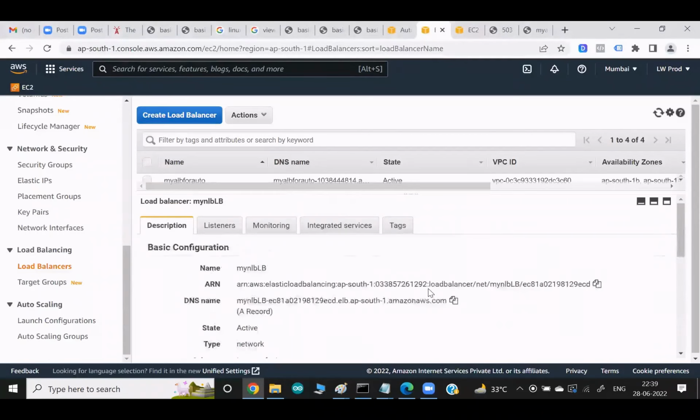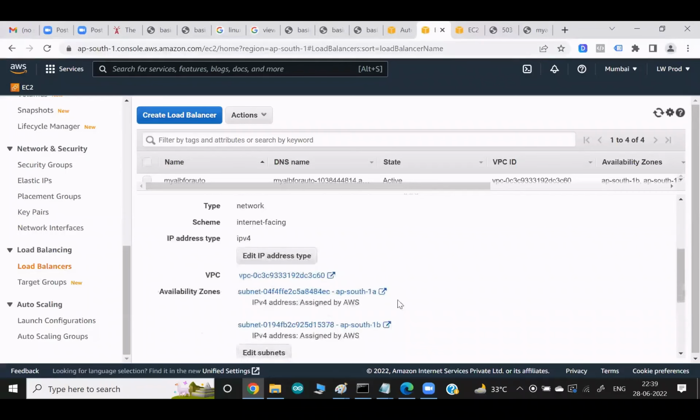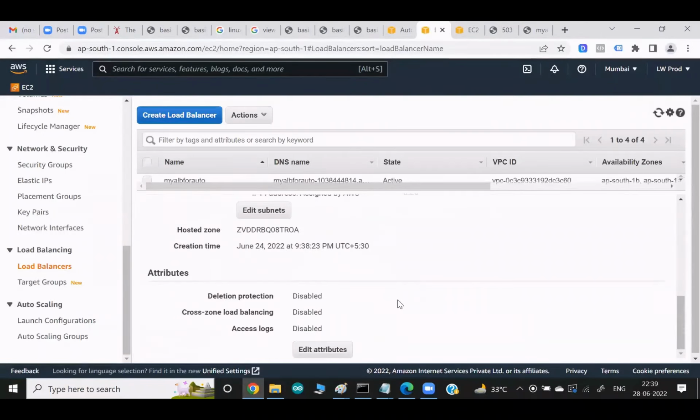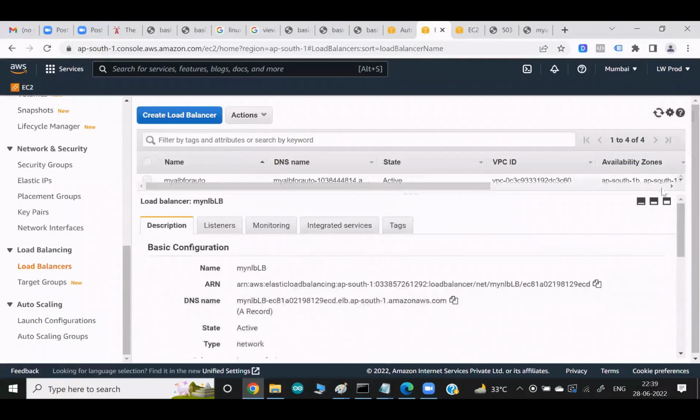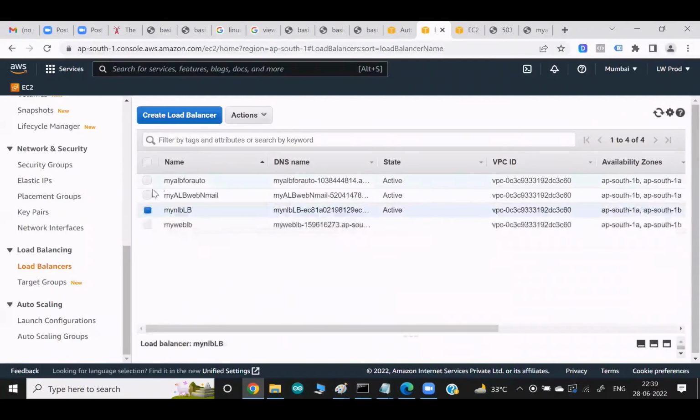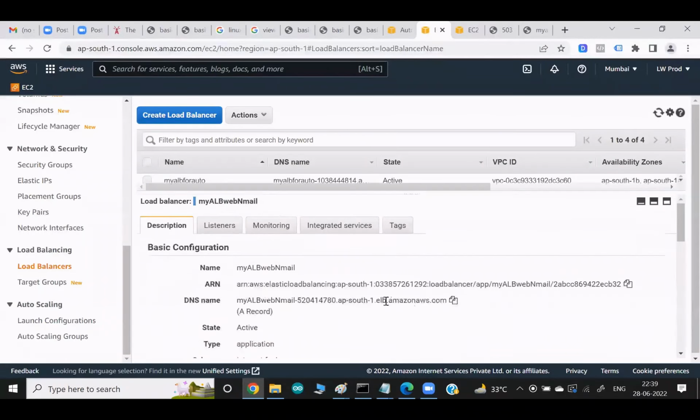There are no firewalls. Anywhere you look, you won't find any security group in an NLB. But very interesting question, somebody asked me. If you see any other load balancer like ALB, in ALB guys we have